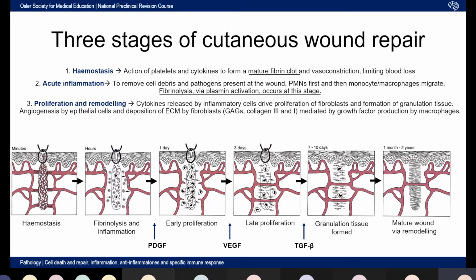So that's quite important. Now, once that's done, these macrophages especially are very important because they start producing loads of growth factors. I've written 3 of them at the bottom that you need to know for the exam. They don't actually have arrows, which is a bit annoying, but PDGF, VEGF, and TGF-beta are all examples of growth factors. PDGF is platelet-derived growth factor, and it's released from macrophages to an extent, and it promotes the